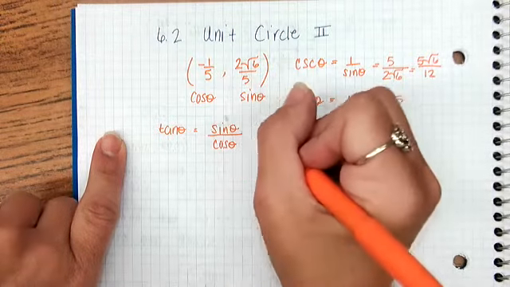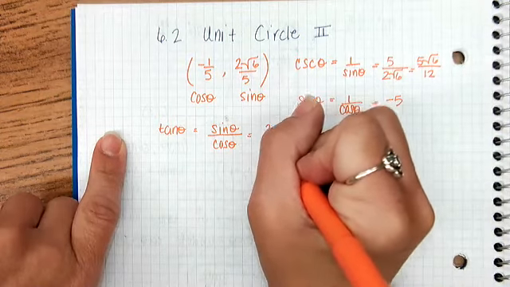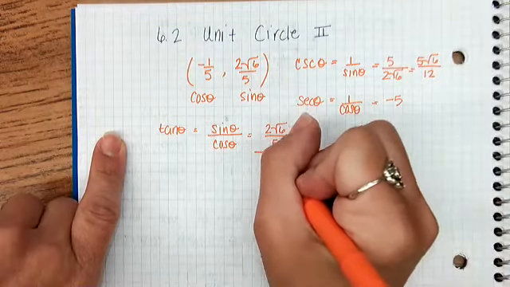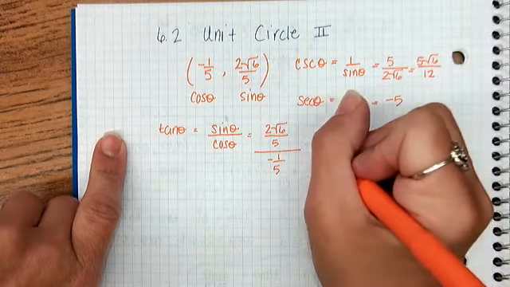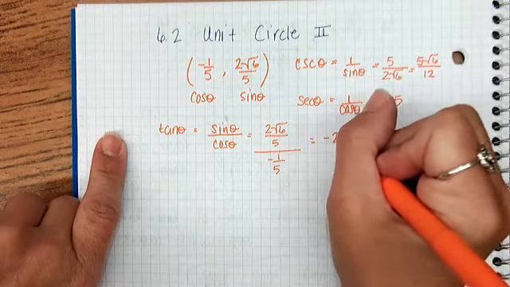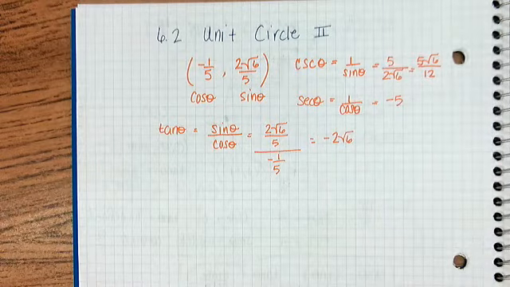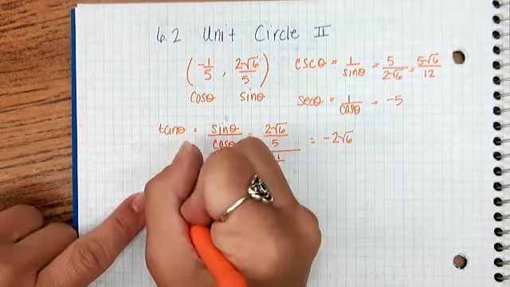So the sine is 2√6/5 over the cosine, which is -1/5. This ends up being -2√6. Okay, and I'll come back to this in just a second. And then the cotangent